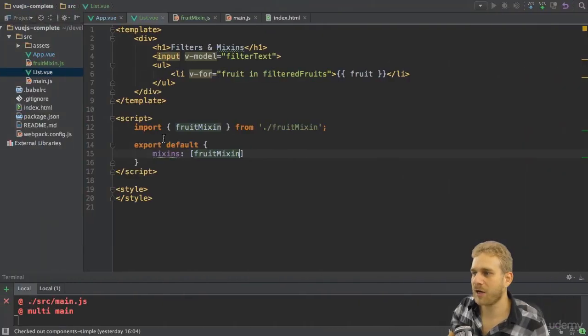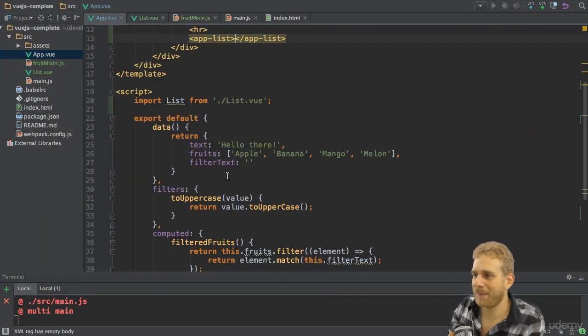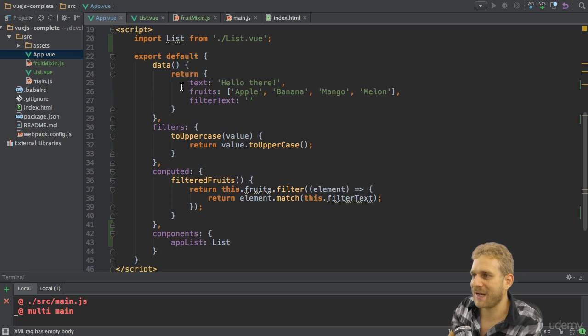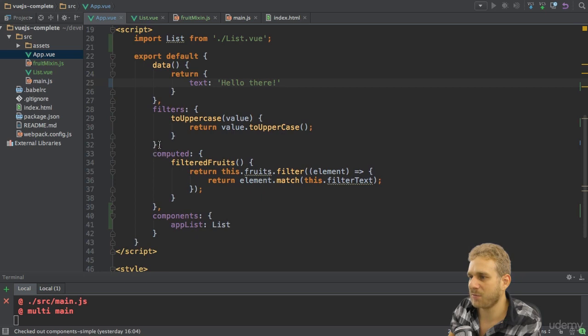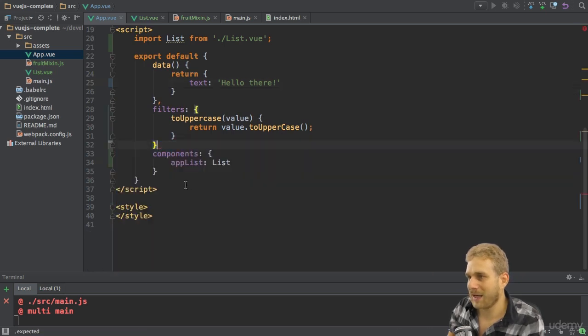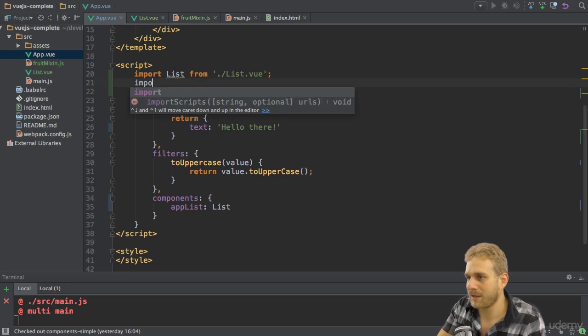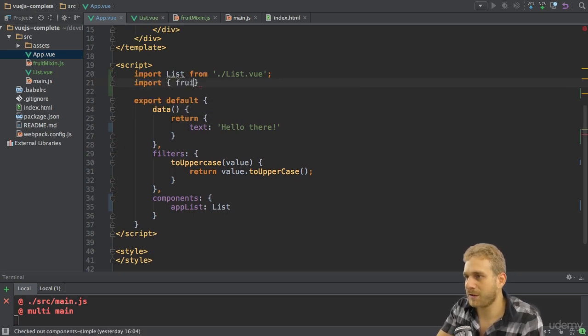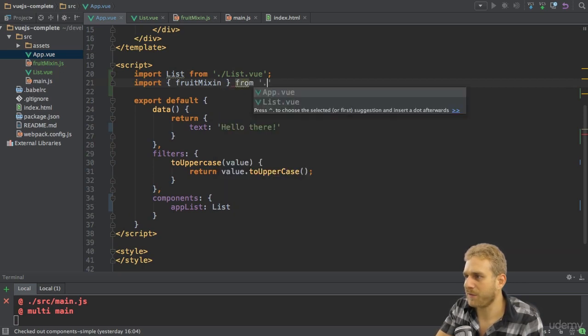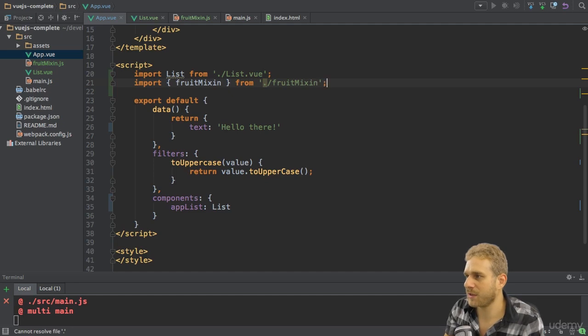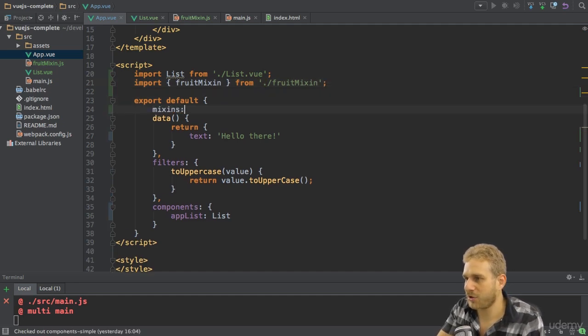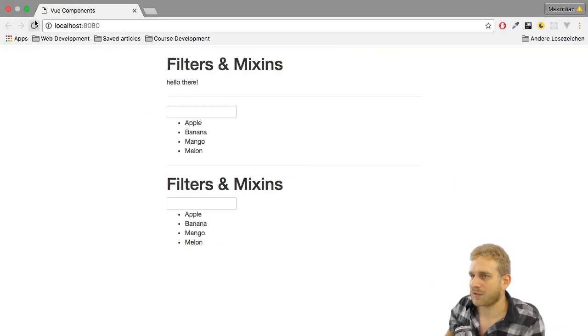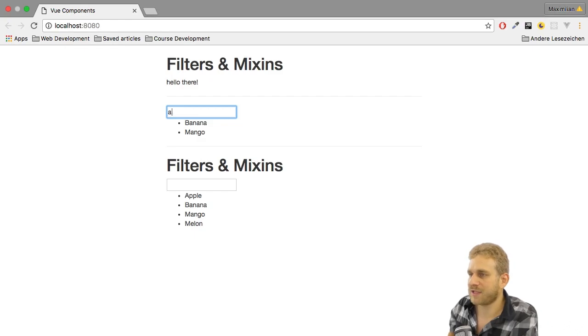but now we're sharing this code, which also means I can now go to my app.view file, and here I got also my text in the data field, so I'm not completely removing it. I'm only removing fruits and this, and remove the computed property here. And now here I will also import this fruit mixin I just created from the fruit mixin file I just created, this one here, and I will add mixins here with the fruit mixin. If I save this and reload, let's also reload the app here, you see it still works